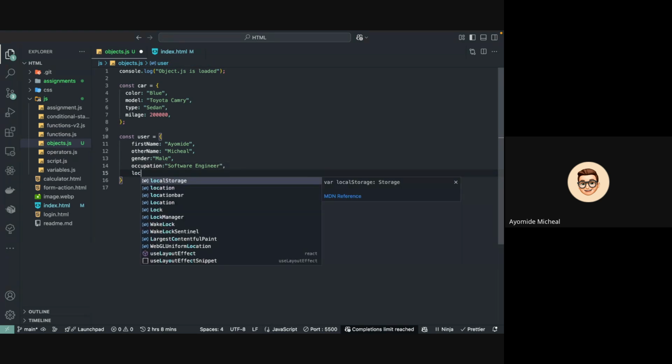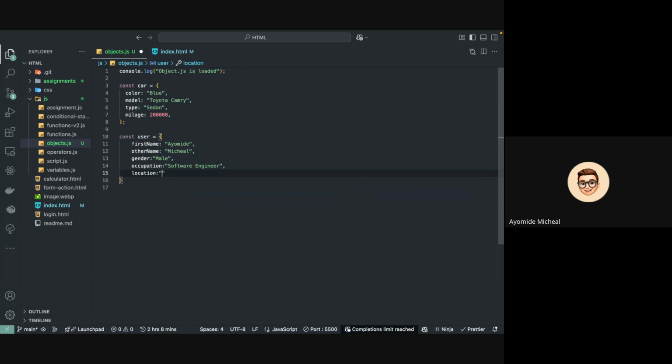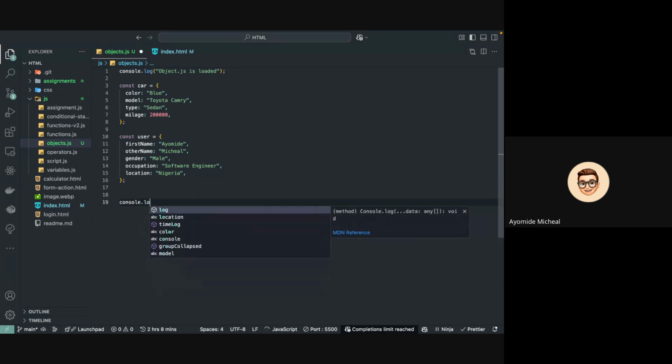And then we can say location is Nigeria. So this is how we create an object in JavaScript. And how do we access a value of our object? You can come here and say console.log